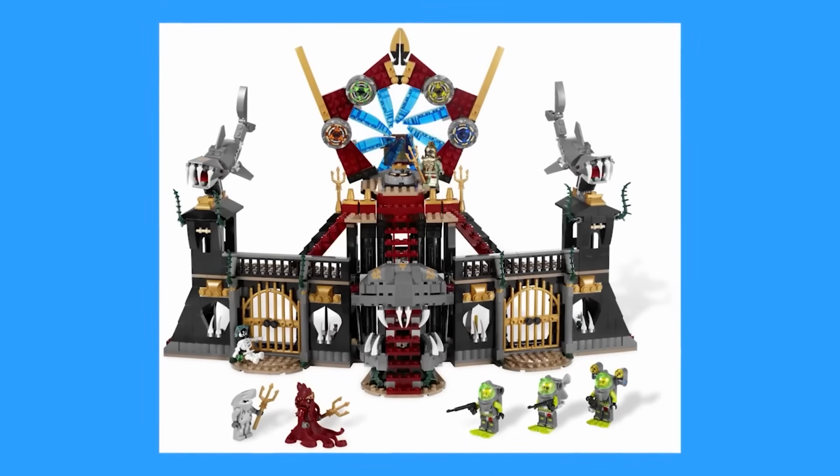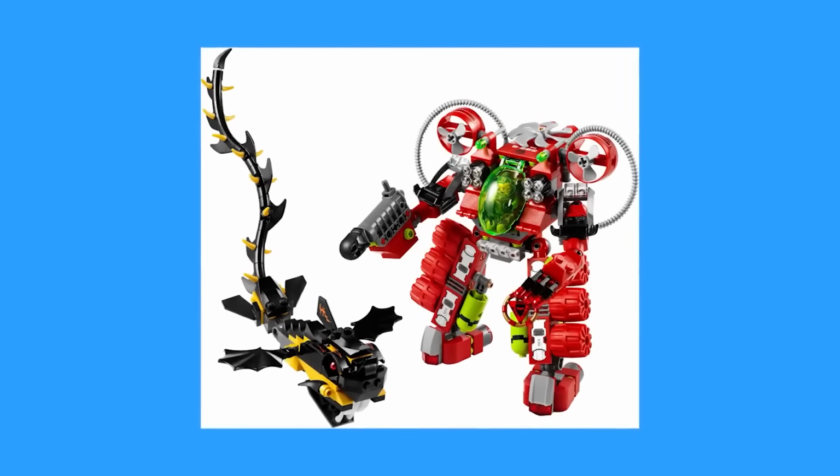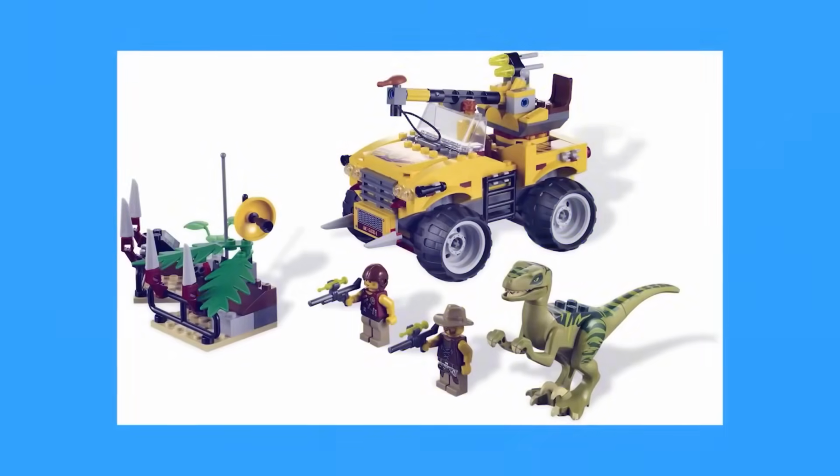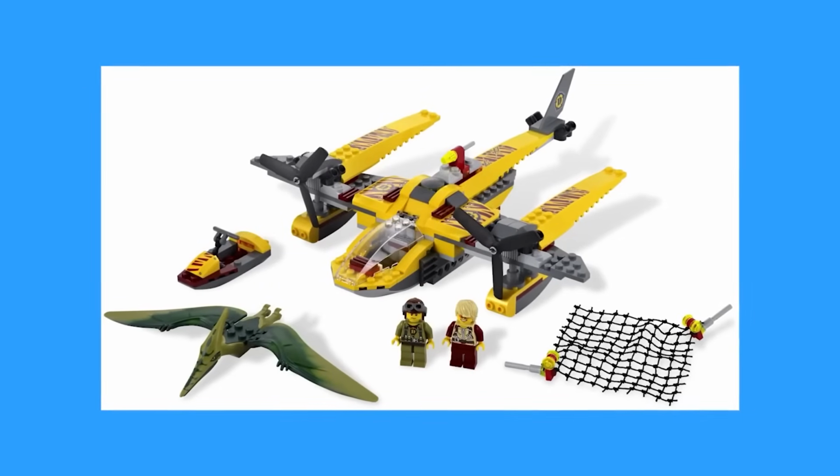I just wanted to see more siege creatures, further exploration of its captivating mythology, and even more crossovers with other LEGO themes. LEGO Dino. Before 2012's Dino theme, the LEGO group had already dipped its toes into the Jurassic waters